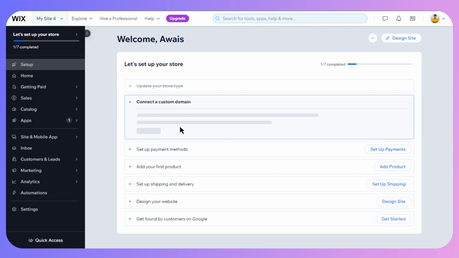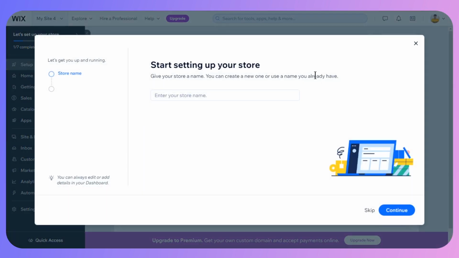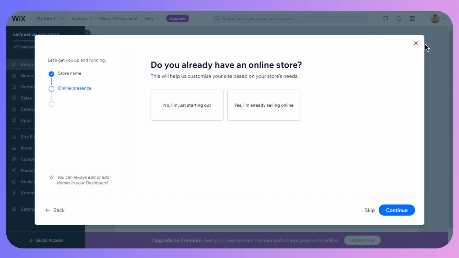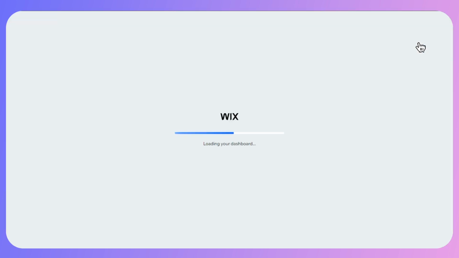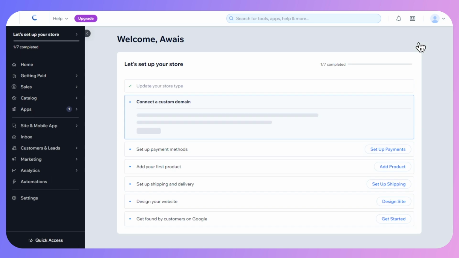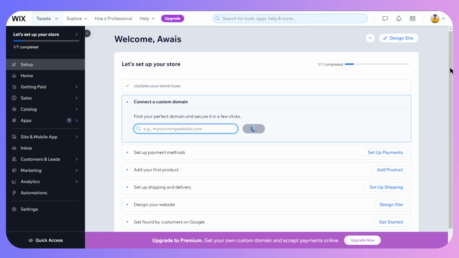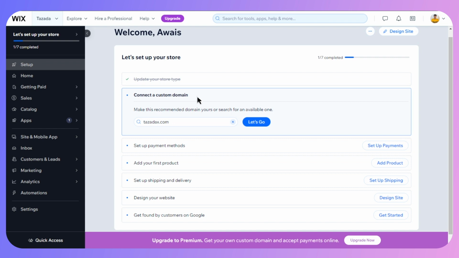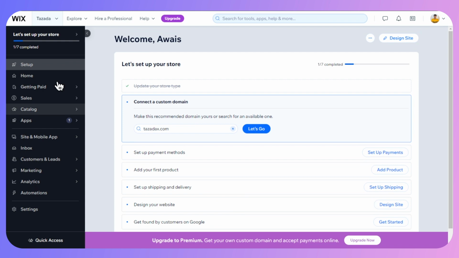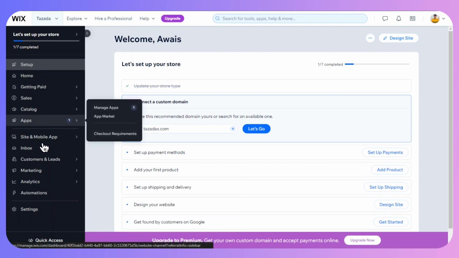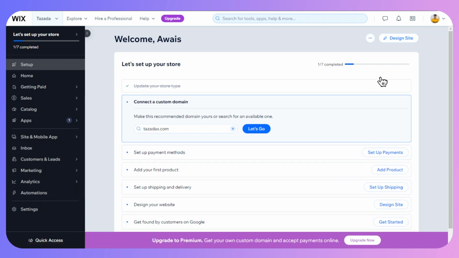After choosing our category, this will ask us to enter our store name. You can go with anything that you want and click on the Continue button. You can also connect your particular domain, like if you have purchased a domain from Namecheap, GoDaddy or Hostinger, you can connect it, but it's a paid feature from Wix, so you need to keep that in mind. Otherwise, for now, this is the dashboard where we can see all kinds of analytics, sales, catalog and marketing or automation options. But for now, click on the Design site on the top right corner of your screen,